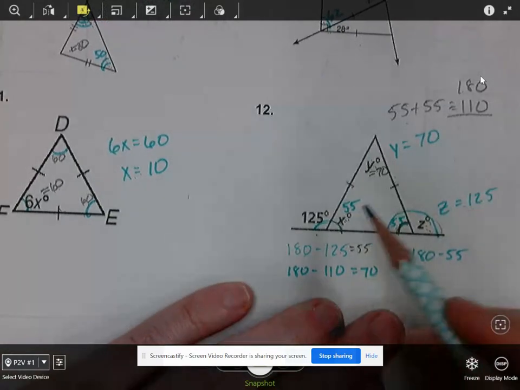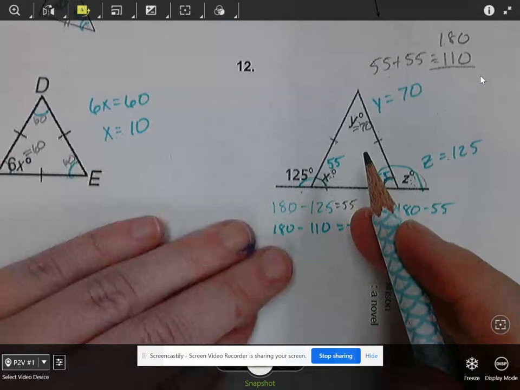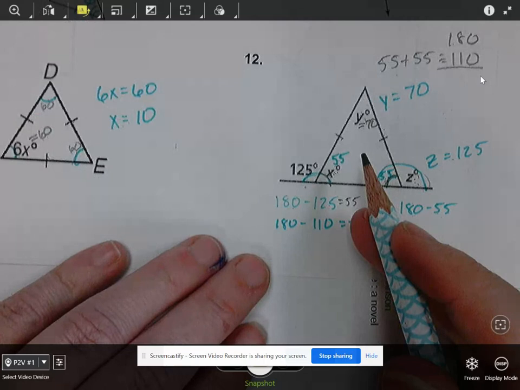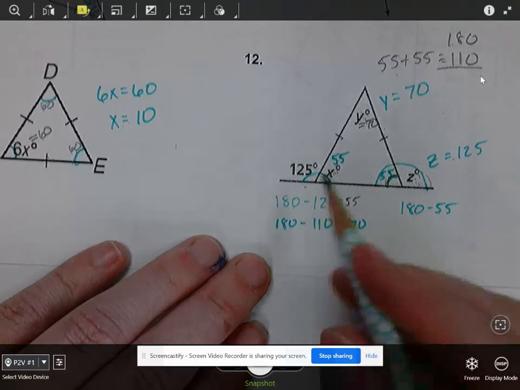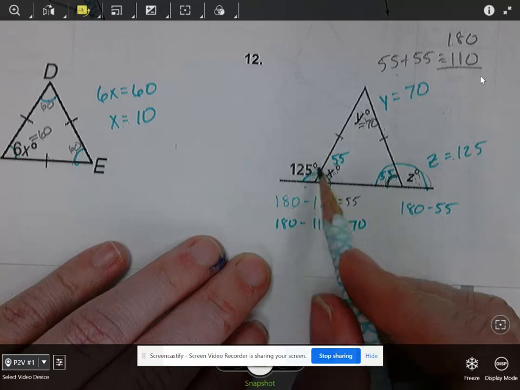Number 12, here's a piece of information a lot of people keep forgetting. Linear pairs. Just pay attention, please. You need to have your paper, paying attention, making sure you have the correct answers. All right, so on these two angles,